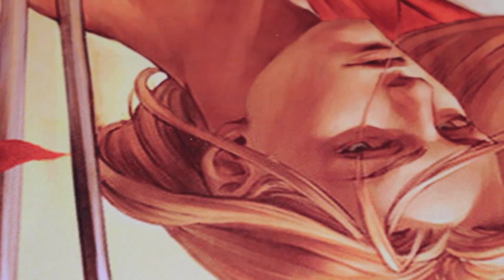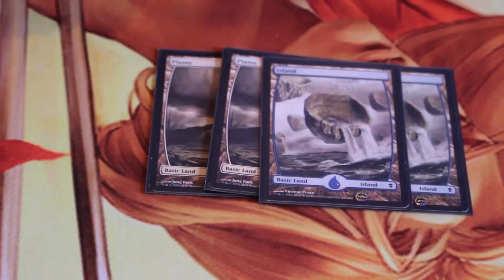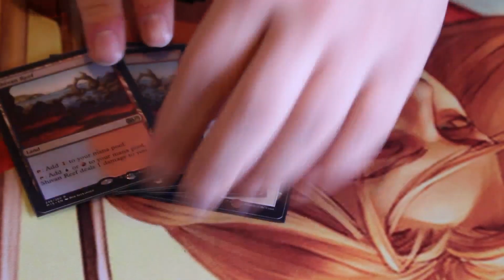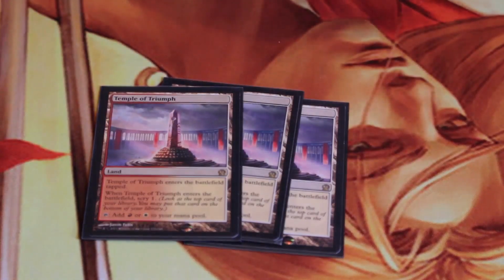Right, so we'll still start with the land base, which is fairly basic for a deck of today's standards. I'm playing 2 of each basic. The pain lands I'm running are 2 Shivan Reef and 3 Battlefield Forge. Go through this nice and quick: 3 Temple of Triumph, 3 Temple of Enlightenment, 3 Flooded Strand,